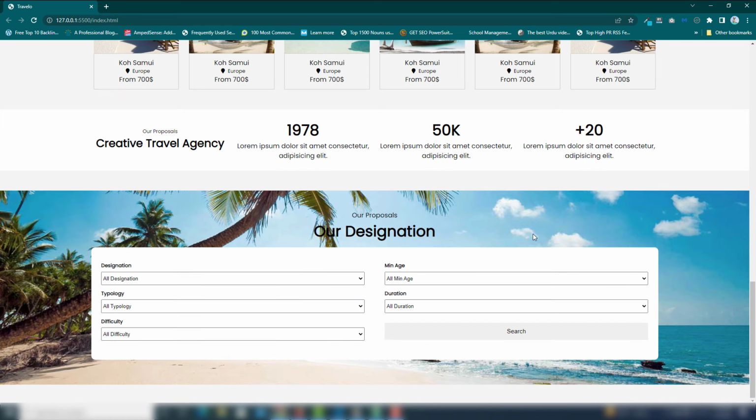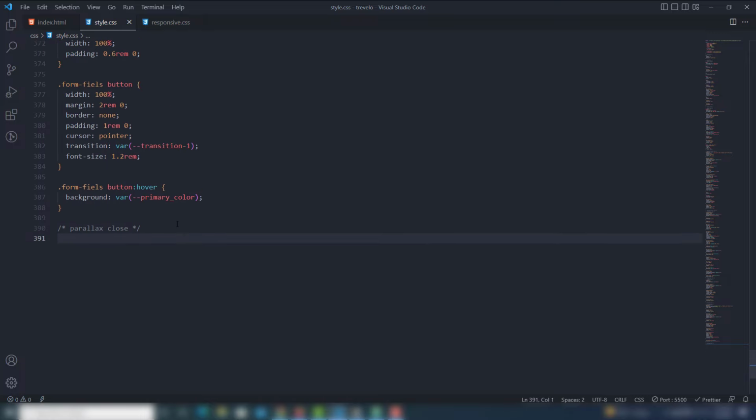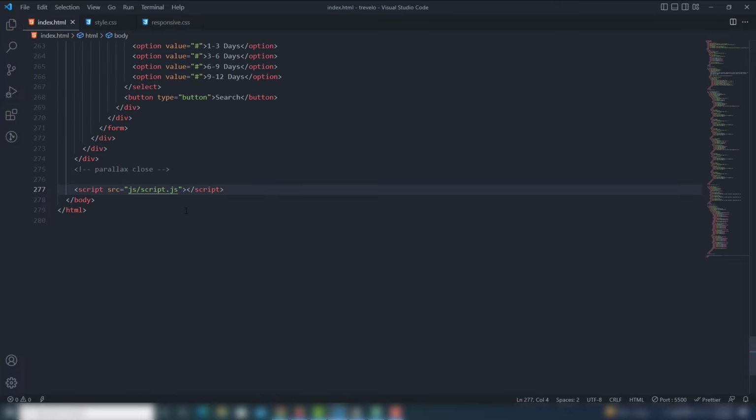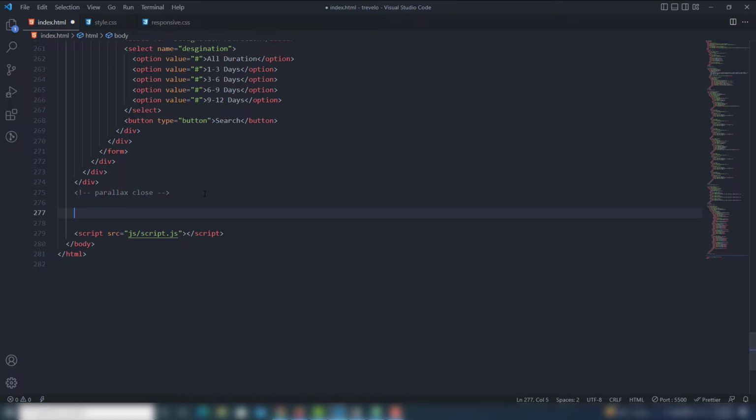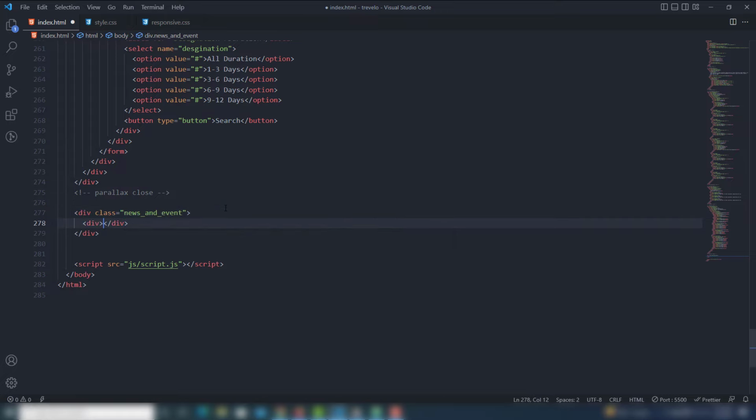Hey guys, welcome back. In this video we're going to discuss all about how we can create another section like news and event. So I go to my code editor and I'm going to open my index.html page. Inside there we're going to create a news and event div. Inside there I'm going to create a container div,